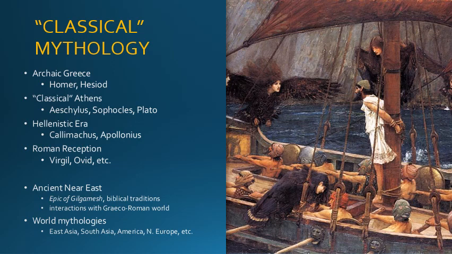Then we move to the so-called classical period of ancient Greece, specifically 5th century Athens. There, one of the most important genres of writing was drama, especially tragedies. So the great tragic playwrights like Aeschylus and Sophocles, again, they weren't inventing new stories to entertain the audience, but they were recycling old and well-established mythological narratives to speak to their current context. So there is an element of innovation in the way that someone like Aeschylus or Sophocles or later Euripides deals with these myth stories. So there is a novelty there, but the audience expects them to build upon the existing